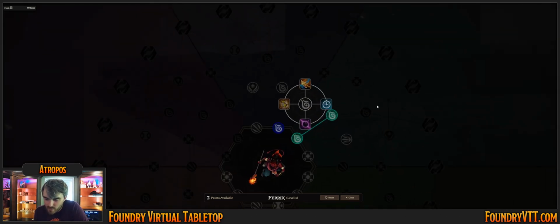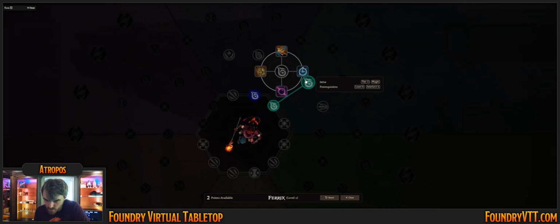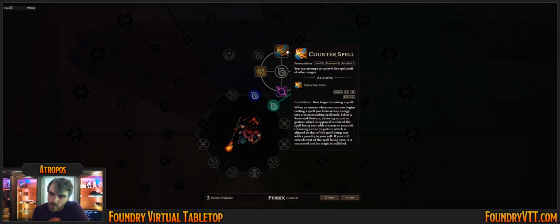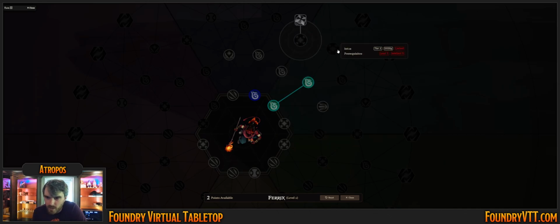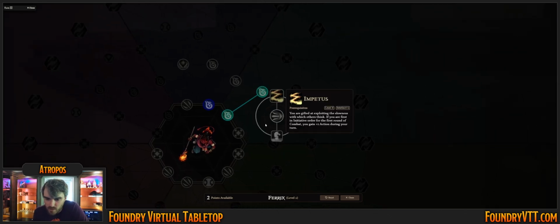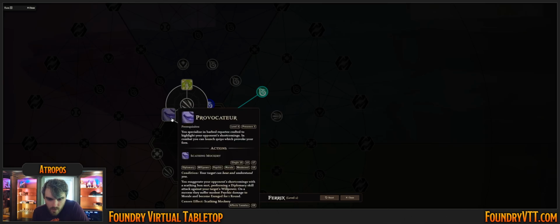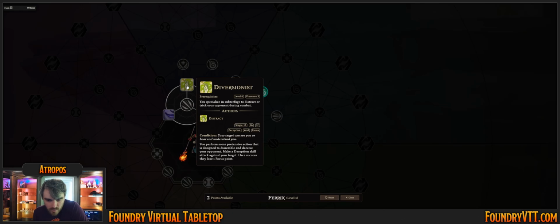What would we want to take? This should be sort of a war mage, so Quicken metamagic would be nice, so that I could get 2 arrows off in a single turn, and then have to maybe spend the next turn with recovery for a little bit of burst damage. Or counterspell if I think I'm gonna start coming up against enemy spellcasters. That could be really good. Honestly, so many of these options are really good. I do have quite a lot of presence, so something like Diversionist would be